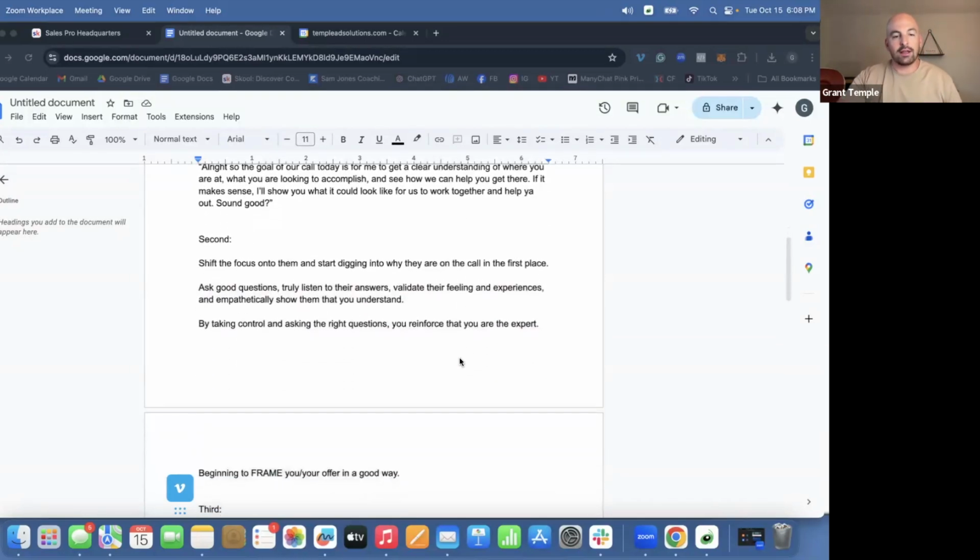The second part, right, is starting to frame your offer. So you frame the call as a whole, so they have expectations of what's going to go on in the call. And then as you work through the entire sales conversation, you want to start asking questions, making statements, and using analogies to start framing your offer, right? Putting it in a good light before they even see it. This is something you'll be aware that you're doing, but they're not really going to be aware of it while you're going through the call with them, right?